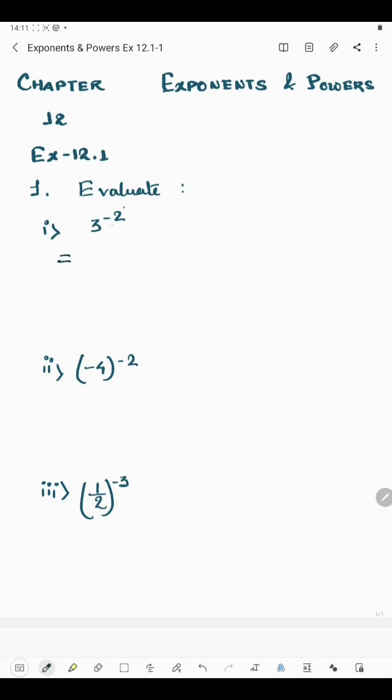Now here the exponent is negative. How will you make the exponent positive? We will write the base in reciprocal form. Here we have no digit in the denominator, so that means 1 is there. Now when you write the inverse of this, what will you get? The denominator will become the numerator and the numerator will become the denominator, right? So it will be 1 by 3 and the power will be positive.